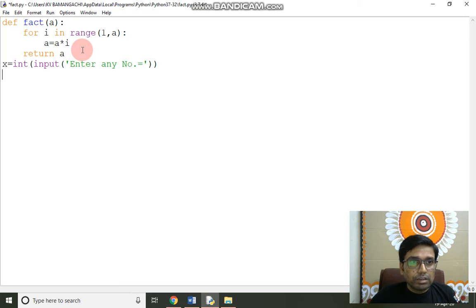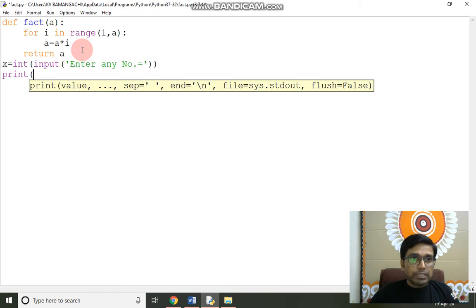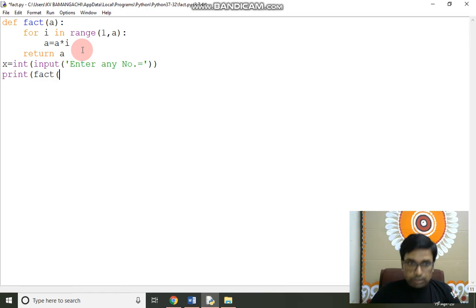Now we will call the fact function. To call the fact function we have to use the print function, then we will write the fact function within the print function. So the fact argument will be the number supplied by the user at runtime, which is x.